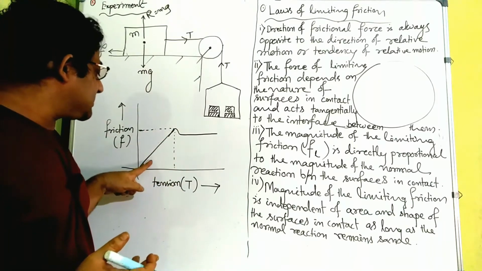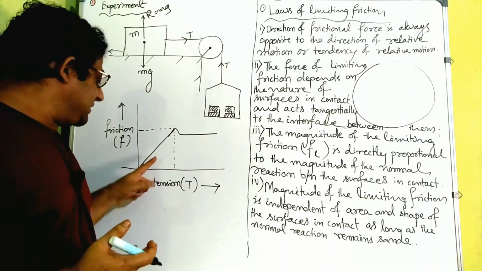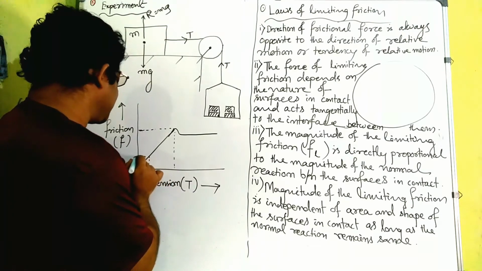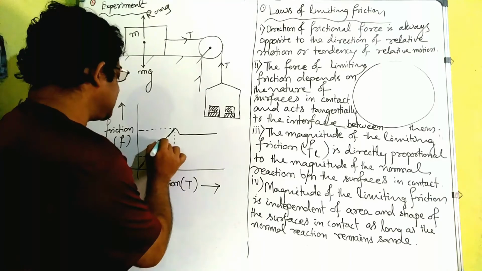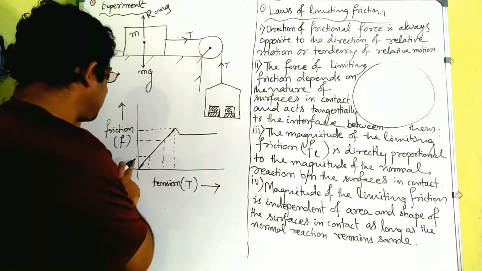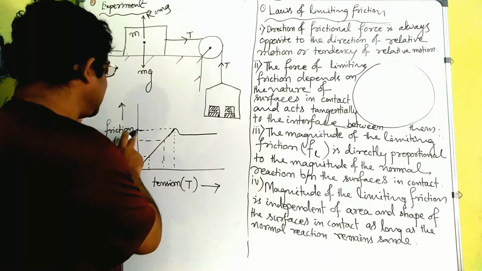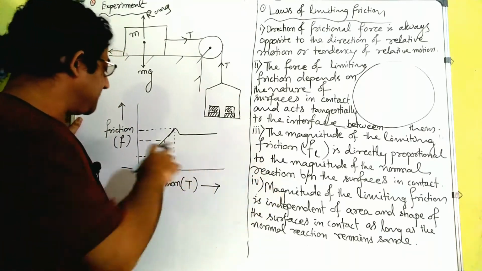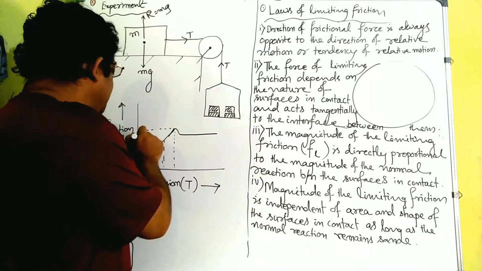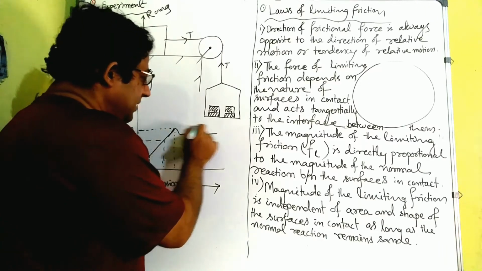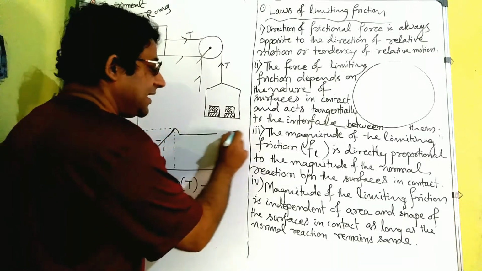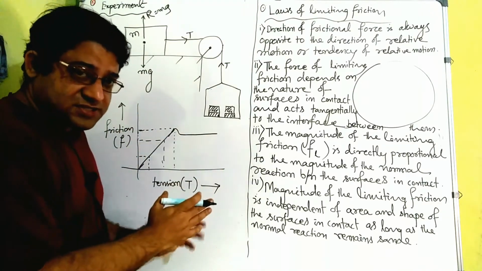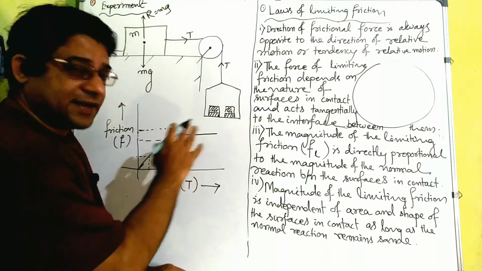Till then it was a self-adjusting force. Till then, whatever is the tension, that much is the frictional force. See, for example, here whatever is the tension, that much is the frictional force. So the frictional force was self-adjusting till here, and after that it cannot increase itself further. It remains constant. But that constant part doesn't begin from here; it falls a little and then remains constant. Now I hope you have understood this concept, and certain names are given.